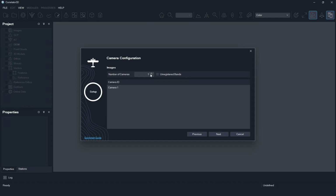Obviously, if it's a single camera, like off a DJI or a Sony on a Wingtra or something like that, then your number of cameras is one. If you have multiple cameras, say for example with the Phase One, with say a CityMapper, then you're going to have multiple cameras. So we're going to say we're going to have 1, 2, 3, 4, 5. Okay, so we've got left, right, nadir, forward, backwards, or something like that. Then we would hit next,